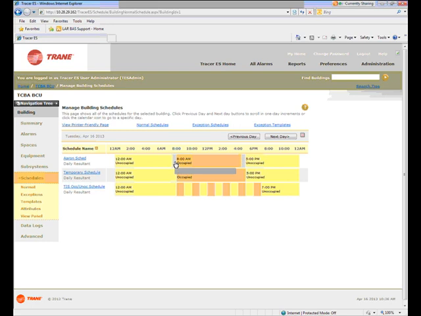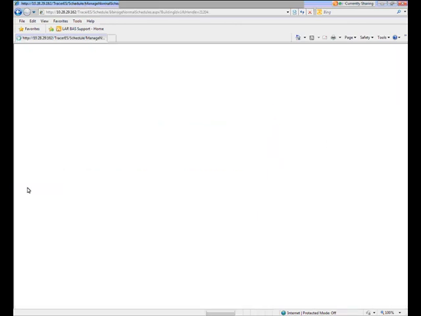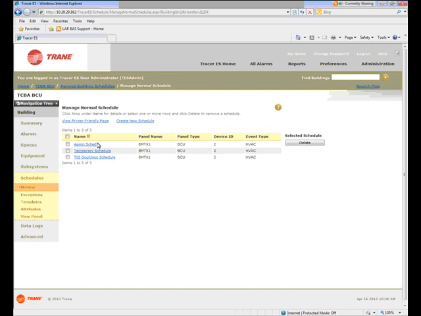for the equipment. Now, under normal exceptions and exception templates, the three items that we just reviewed in the PowerPoint, they're underneath schedules here on the left-hand side. The first one that we can actually look at, right now we're looking at the schedules. We can click on normal here. And there are some schedules that have been created already. Now I can select these schedules and hit delete to make them go away, or I can click on create new schedule,